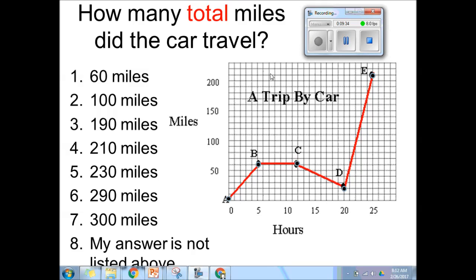Alright, now that you have had a chance to try this, let's go through and solve for it. So what we're looking at is how many total miles did the car travel? Well, in this case, we have the point 0, down here, and point B is actually at the 60-mile mark. So therefore, from point A to B,